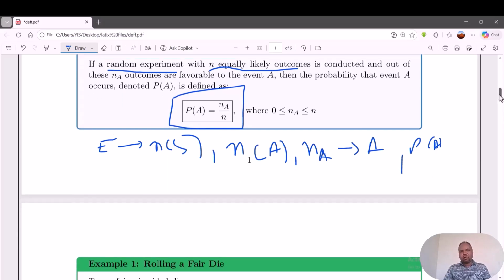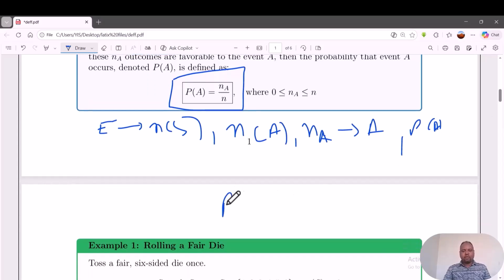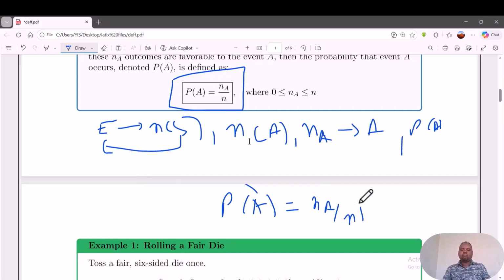As we have seen in the previous sessions, the probability of A, where A is defined over the sample space S generated from a random experiment, is computed using n(A) over n(S), the simple presentation,